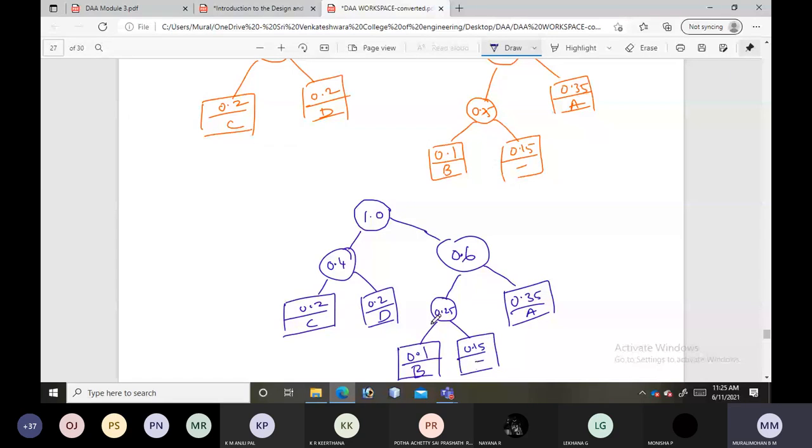So this is the Huffman tree we are having. Is it clear? Finally, we created a Huffman tree.